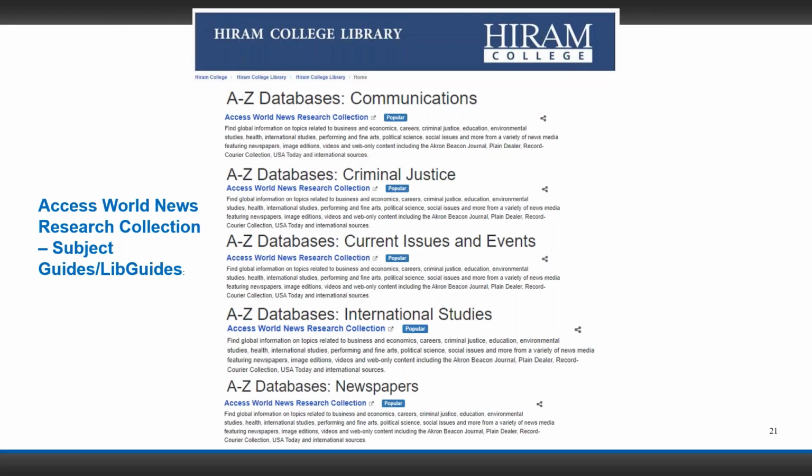Also, many subject librarians determine which resources fit best in their LibGuides or research guides. We are here to help you. Hiram College found some of the most relevant LibGuides to include Access World News, where information on nearly any topic can be found, as well as criminal justice, including categories for cyber crimes and gun